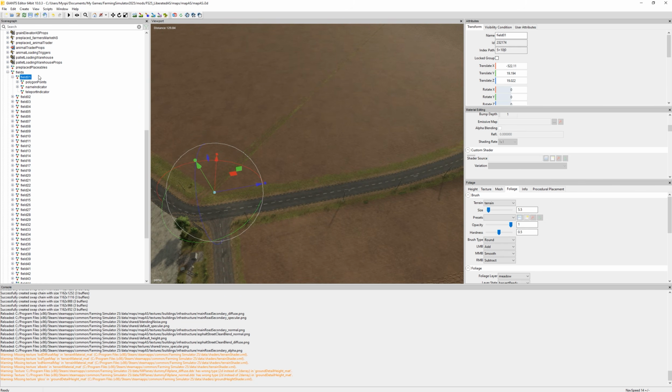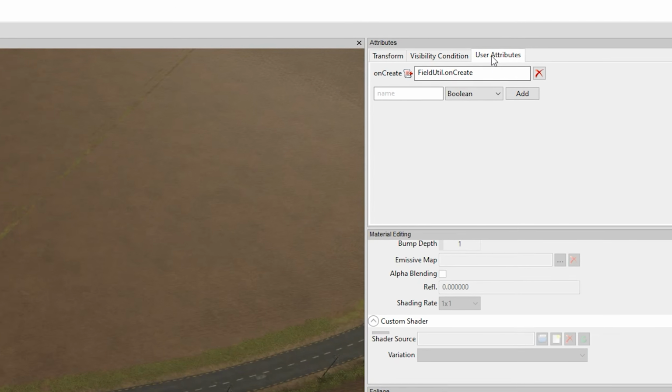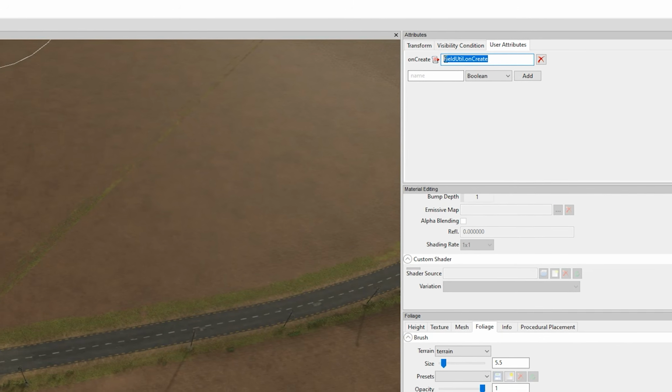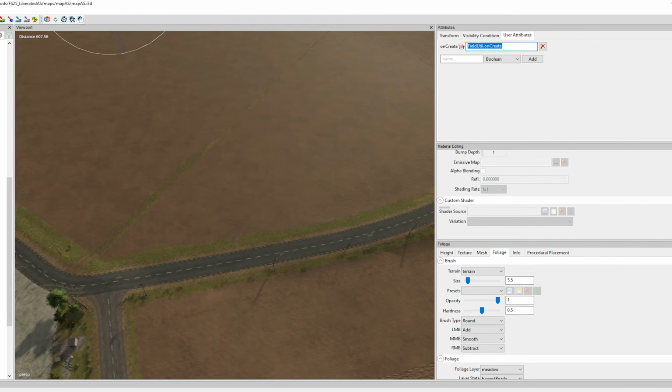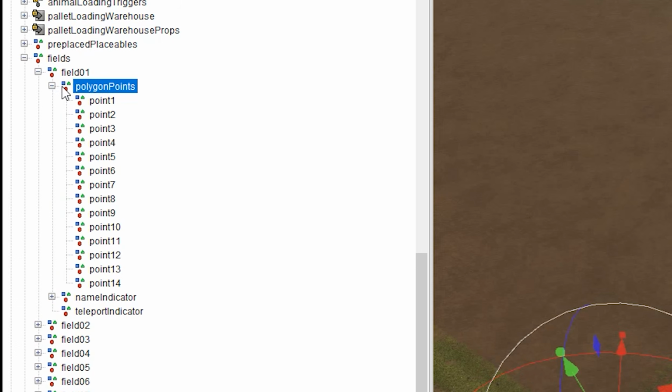So under field, when you have this selected, the folder right above it, fields, has some user attributes, and it's going to start a utility called field on create. Any fields that are in here, if you wanted to make more fields, you would just duplicate it and go right up the line. Next one would be 50 and 51, 52, 53. You would also have to make some changes inside of an XML, but from there,